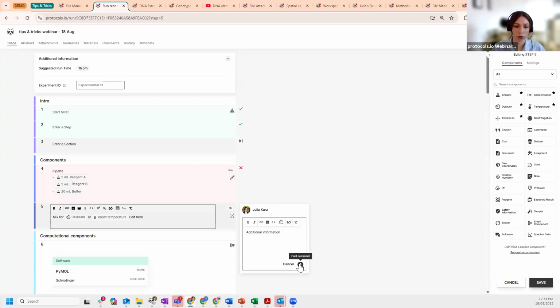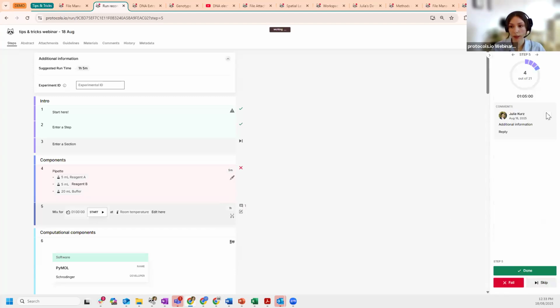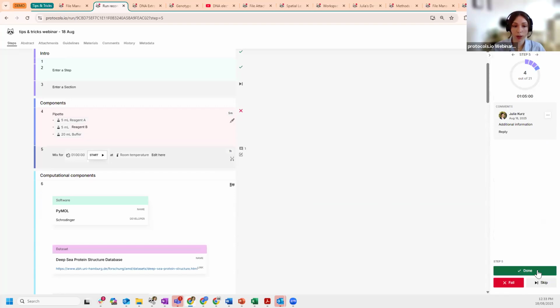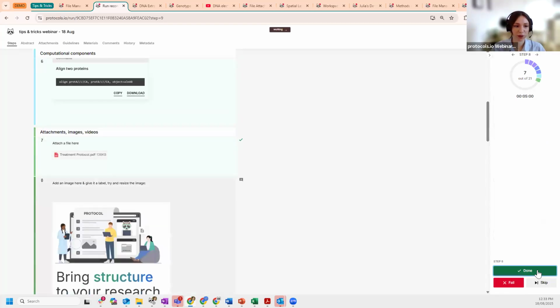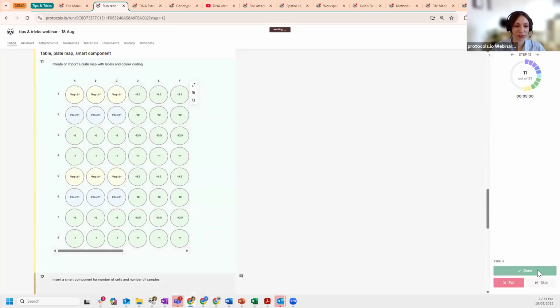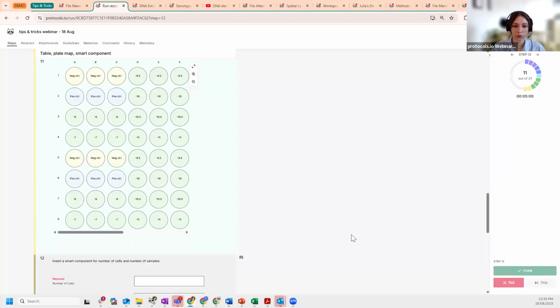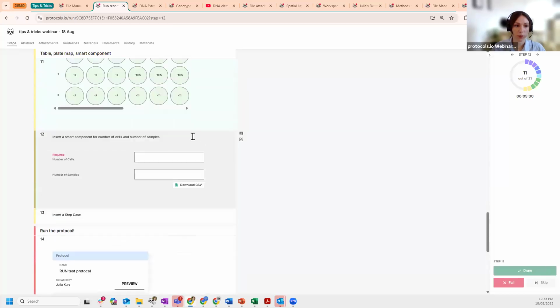If I want to add edits that way as well. And then we can see as well what comments have been made on a specific step. But I'll go ahead and run through these quite quickly so that we can get to this smart component. So you can see we've reached that now,